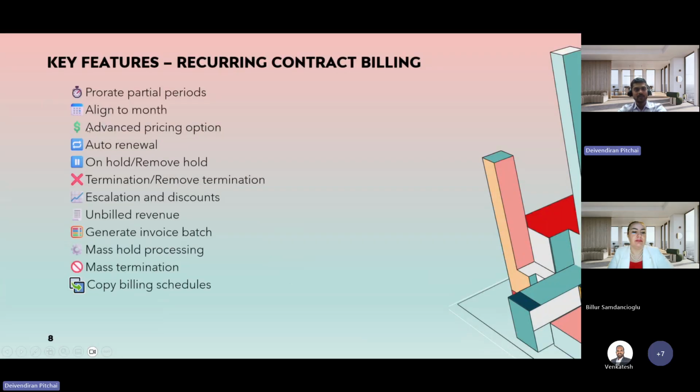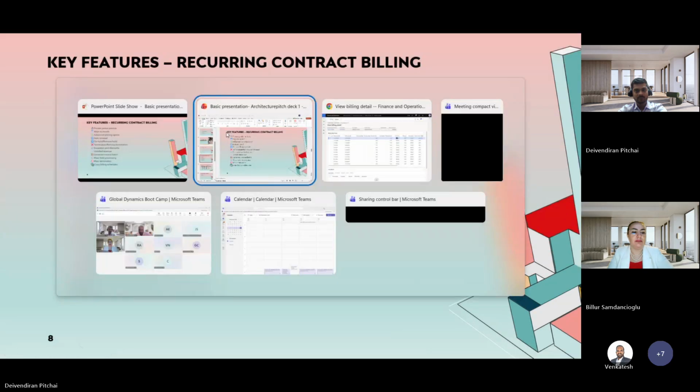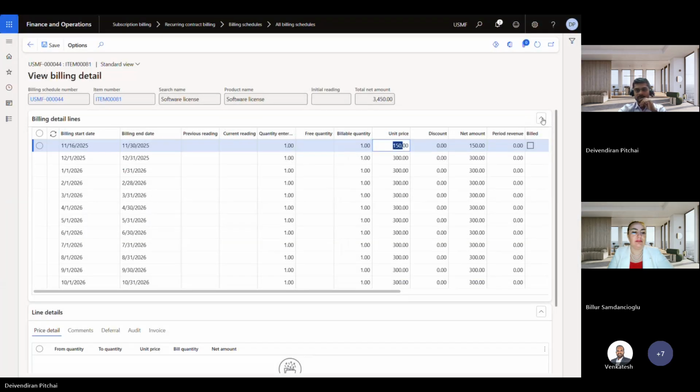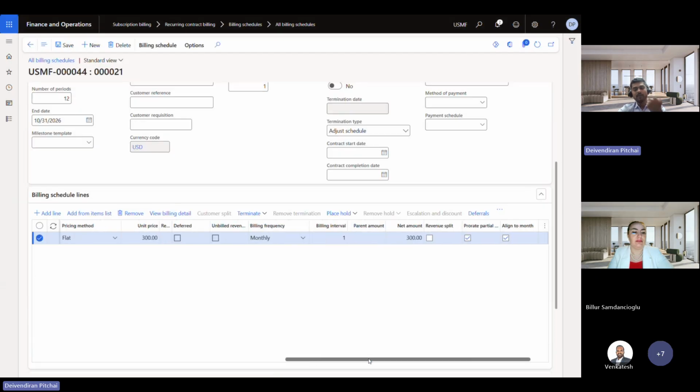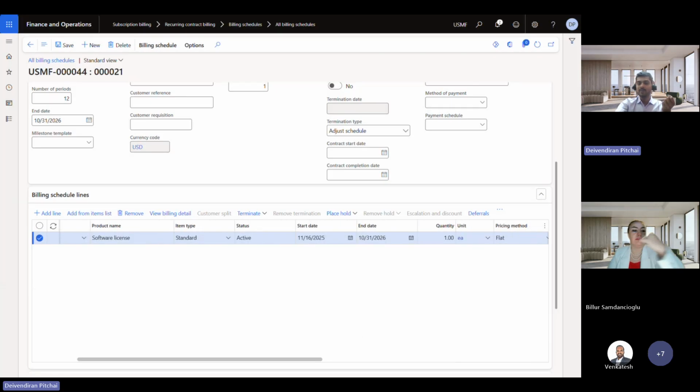So the next one is advanced pricing options. When we were discussing a few scenarios, I told you that sometimes the customers may ask for some discounts or some capping amount, like you can bill only for 100 quantity or 1,000 quantity. When those types of scenarios come, we can use these